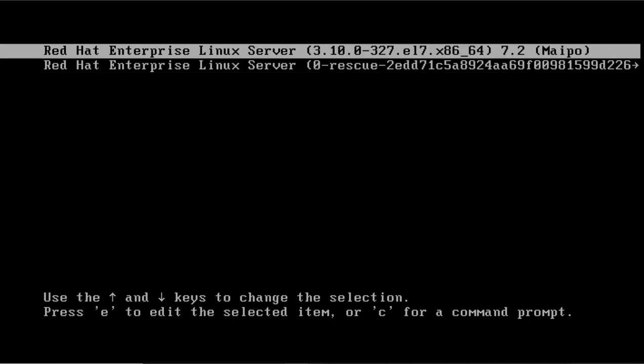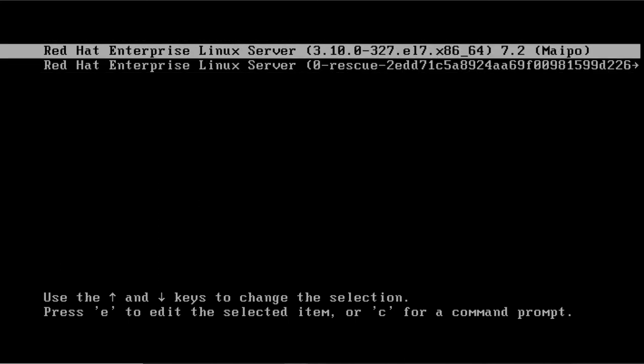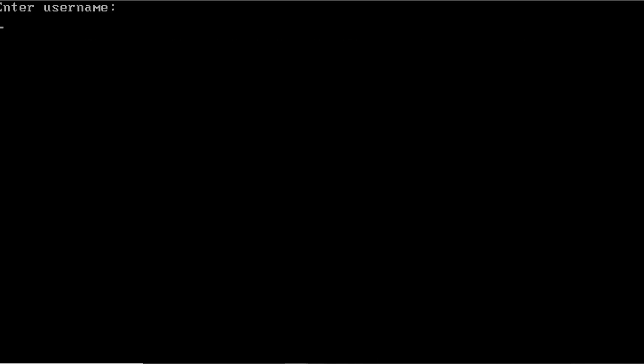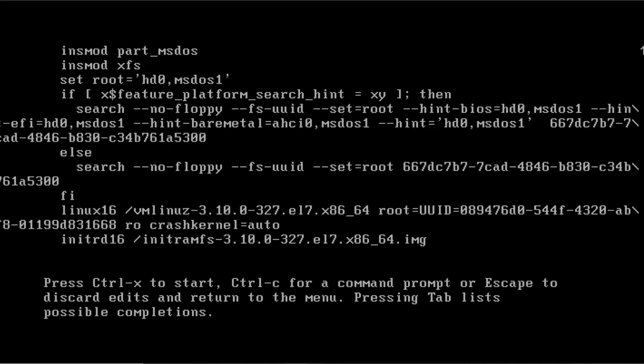So for security, we can put a password on grub so that no one can change the parameters. For editing the parameters, we should know the grub password we have configured, and I know that, so I will use this username and password. It gives me the option here to edit the parameters. Now we go to the Linux 16 line.